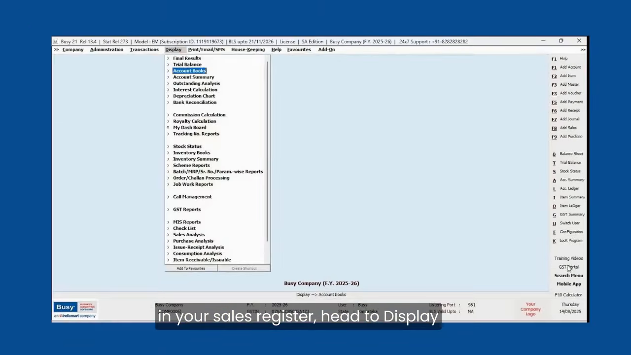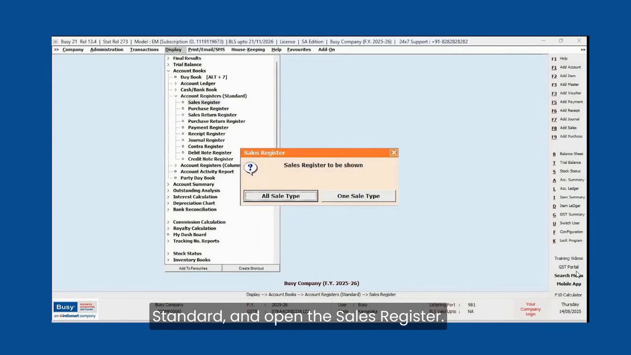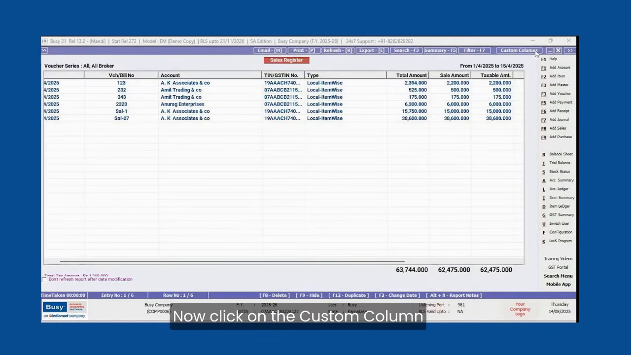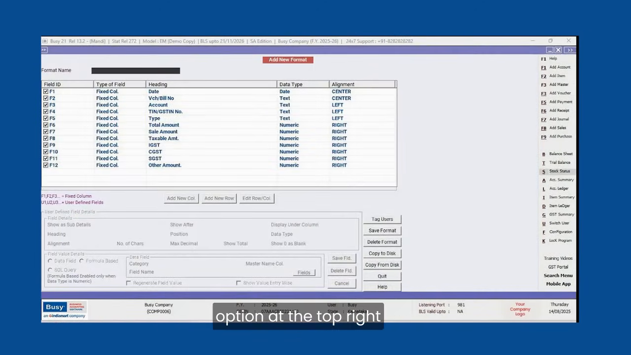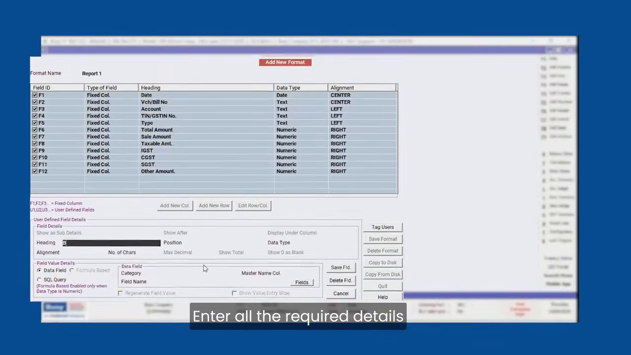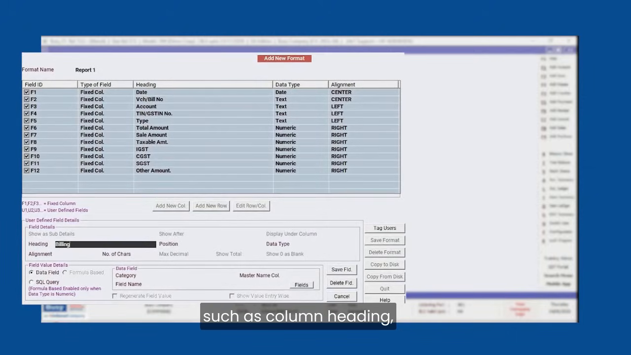If you'd like this field to appear in your sales register, head to display, accounts books, account registers standard, and open the sales register. Now, click on the custom column option at the top right corner and add a format name. Enter all the required details such as column heading, position,